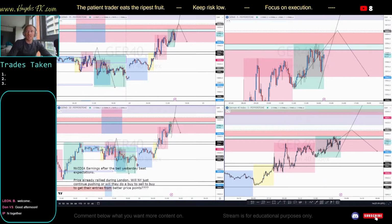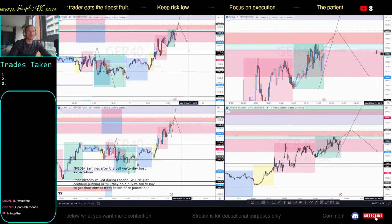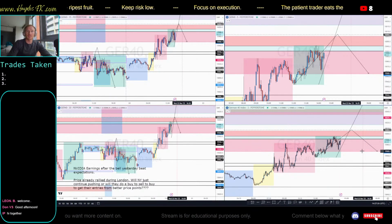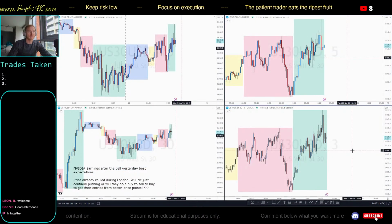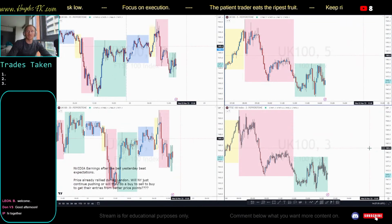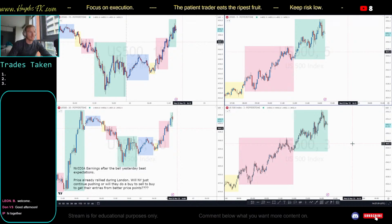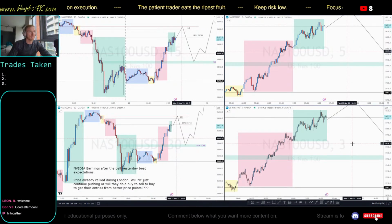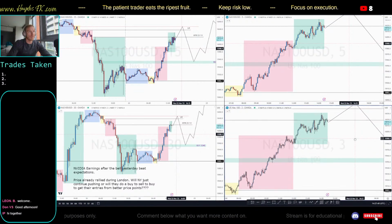What about the other fellas? How did you get on with German this morning? I took one trade on German when it pulled back, but it pulled back further than my stop loss, so it stopped me out. I didn't trade after that. I should have gone back in when it pulled back and did another one, but...